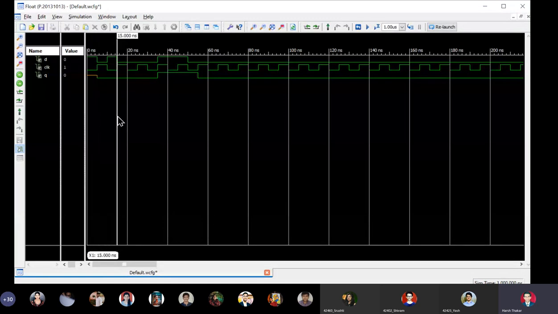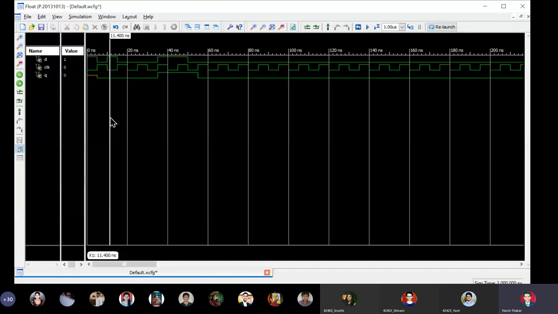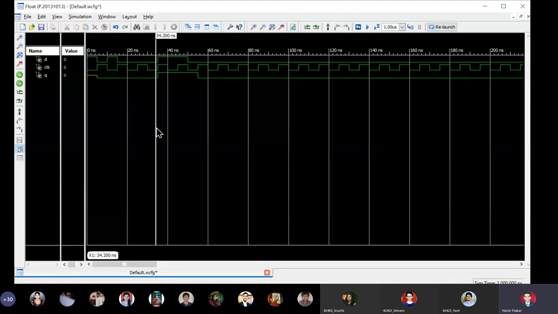At this next rising edge, again it has encountered a 1. There was a change from 1 to 0, 0 to 1, but these changes in the input D were between two rising edges, so they were not registered. At the second rising edge, it has again encountered D equal to 0, so it continues. At the third rising edge, again D equal to 0, it continues. See what happens at the fourth rising edge: D is going from 0 to 1. It is catching that change and copying that change.